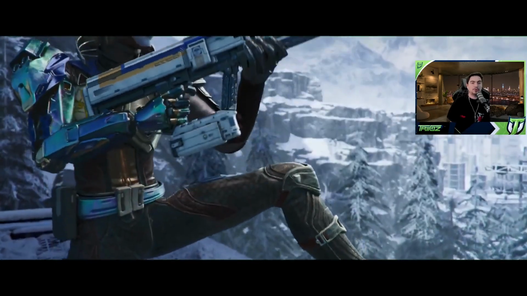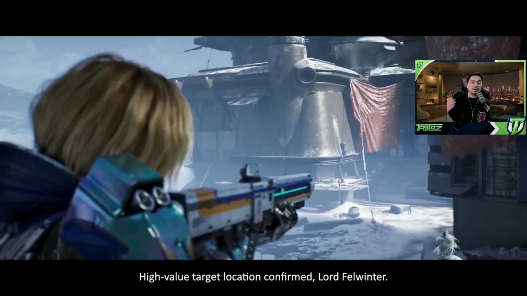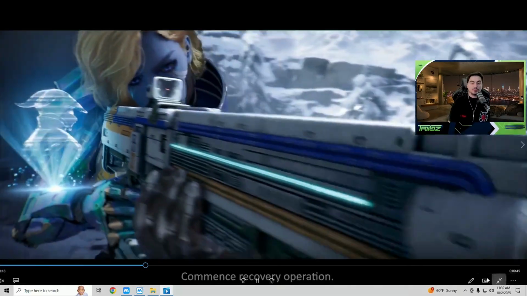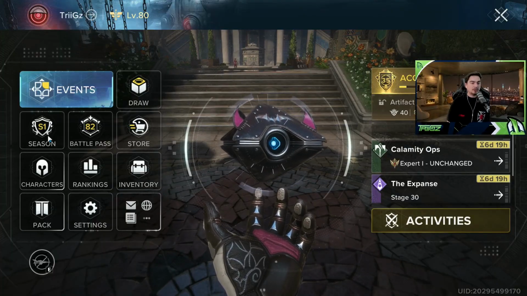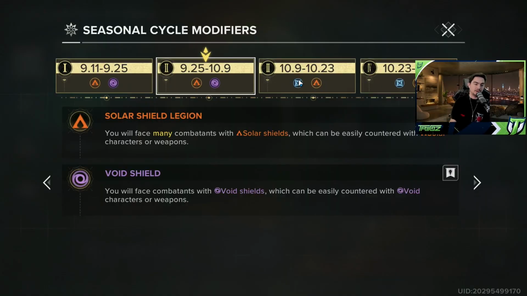Alright, so now that we have more information on the new character Helhest that is releasing, here is what we think is going to be on October 9th. Now, I will show you why we are thinking that. So, October 9th is when Estella goes away. It is also Thursday, which they always do maintenance on Thursdays, as well as that's when usually most new stuff